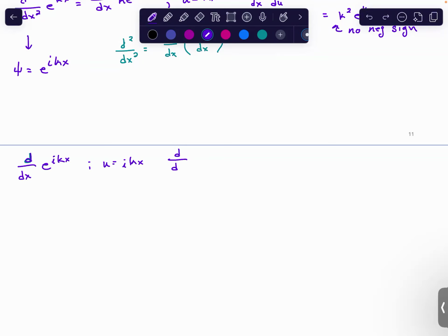Oops, not du, dx. So we have that. So you see that as we're going through, the calculus itself is not super hard. Because I mean, we could do that first derivative all day long. Now, we're going to do the chain rule again, where we're going to, and so